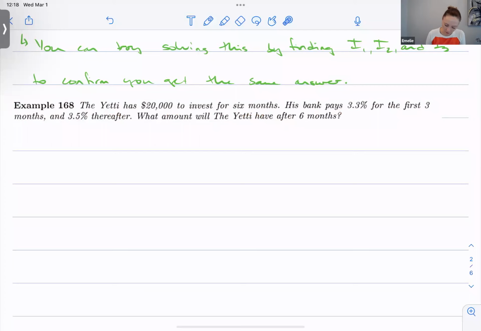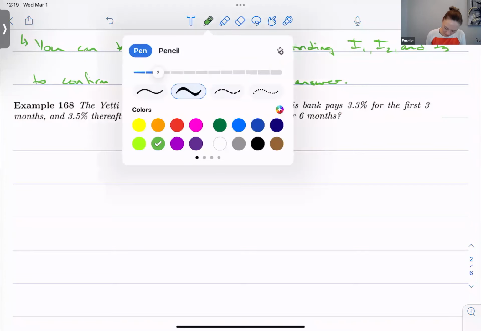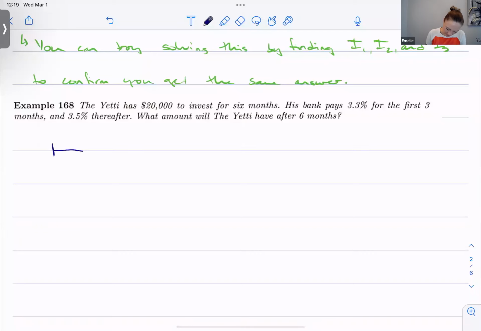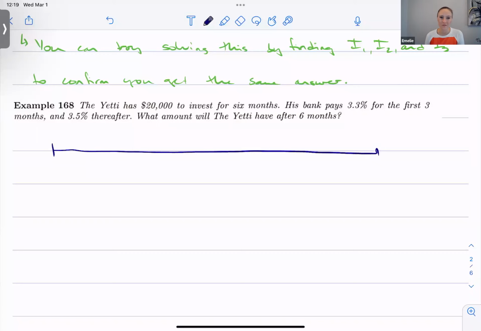Okay, so it always helps to draw out a little timeline. In this case, it's relatively simple, so there's not a lot you need to jot down, but I think it helps. So he has $20,000 to invest today for 6 months. So here is the 6-month mark, and for 3 months,